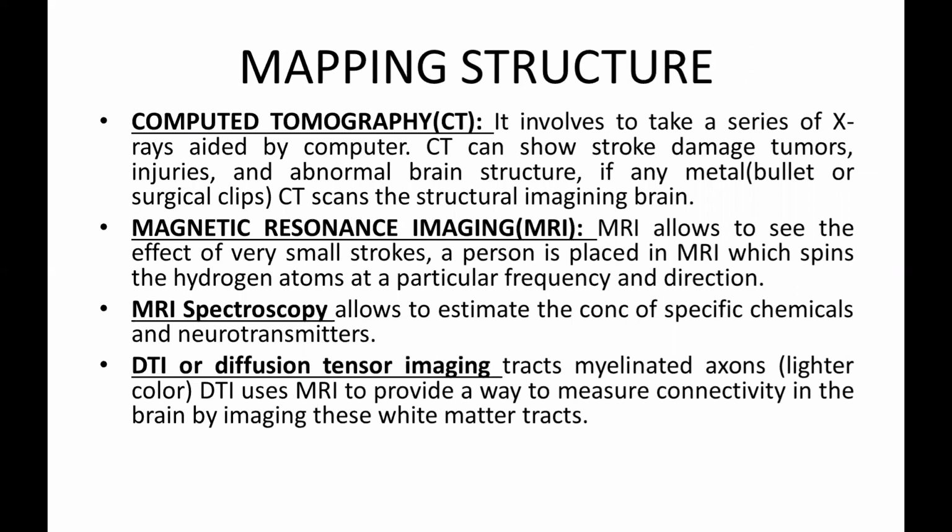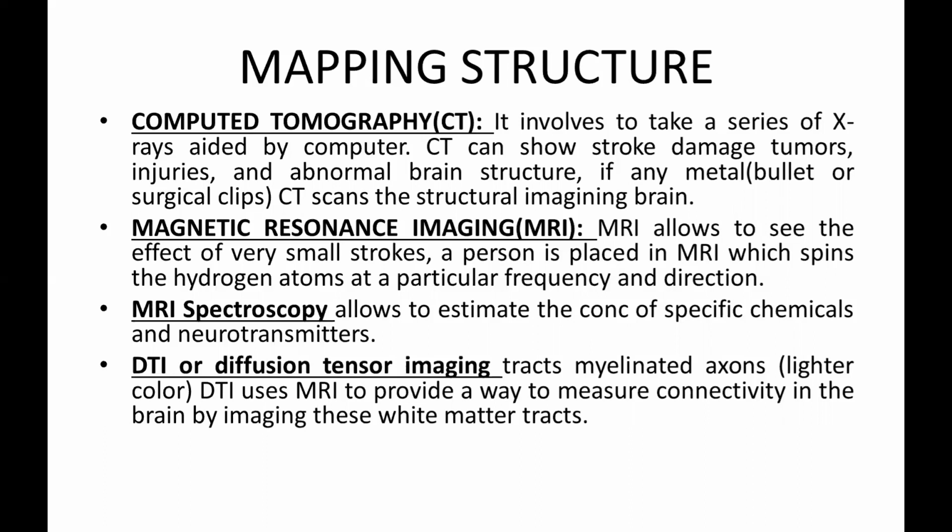But presently, we are using highly advanced technology. We are using new techniques to study and research brain structure and functions. Among that, mapping structure. As hinted at earlier, aside from observing a person's behavior, scientists had to wait until a person died to fully investigate if there were changes or damage to the individual's brain. Fortunately, modern neuroimaging allows us to image the brain structure while the person is still alive.